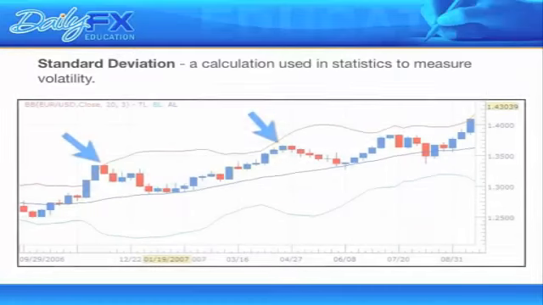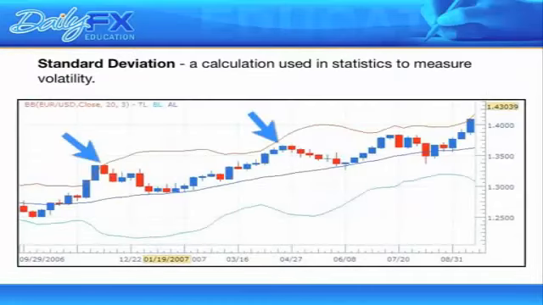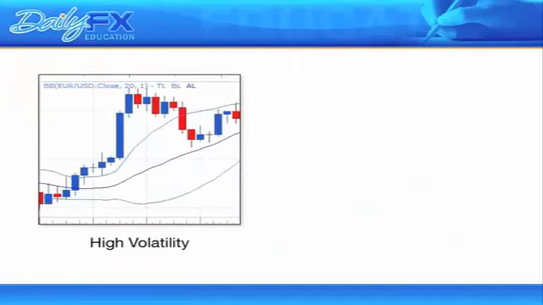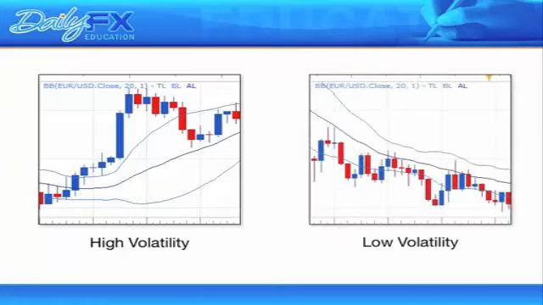The standard deviation portion of the Bollinger Band indicator is one of the critical elements to this strategy. You'll recall from the first video that the standard deviation is a statistical term used to measure volatility. What that means to us is in times of high volatility, the bands move away from each other, and in times of low volatility, the bands move close to one another. By definition, because of this volatility filter, the majority of the trading should take place between the upper band and